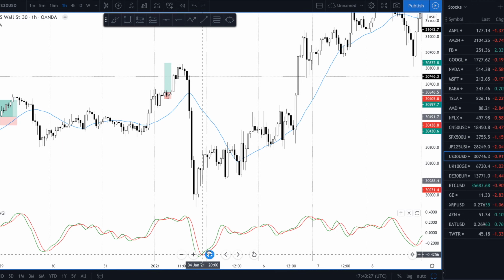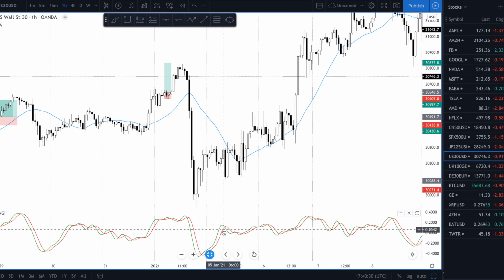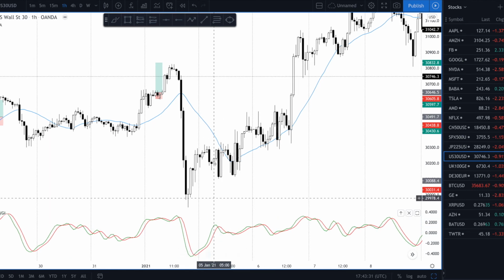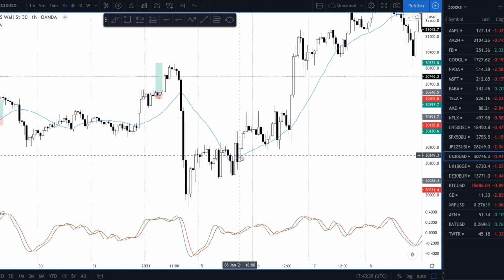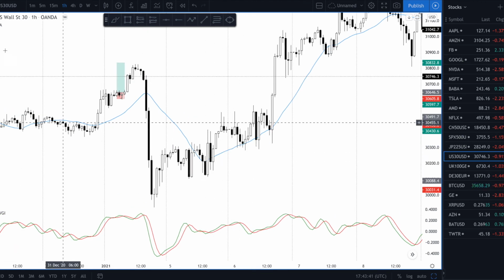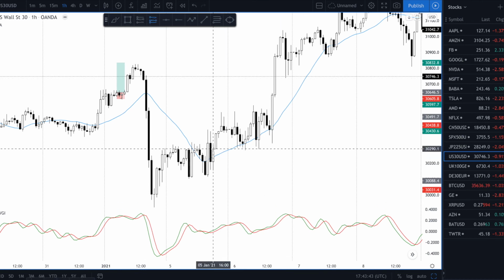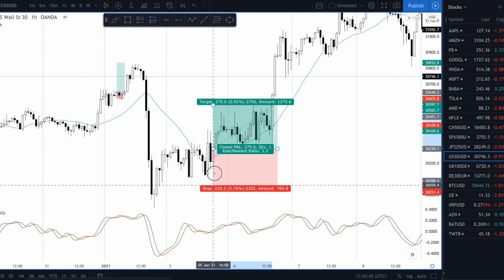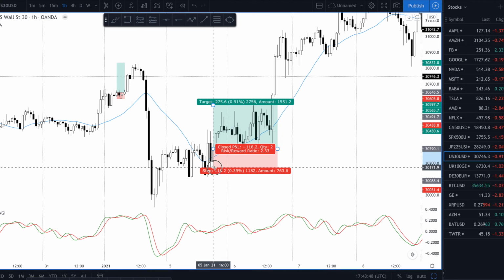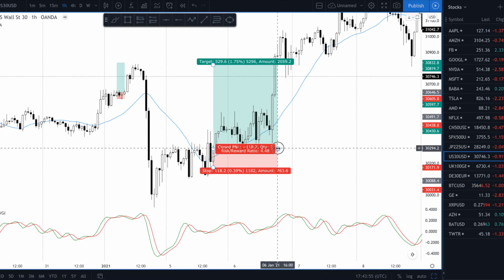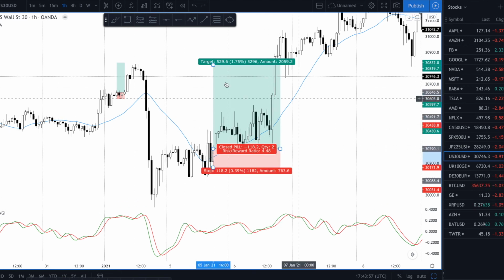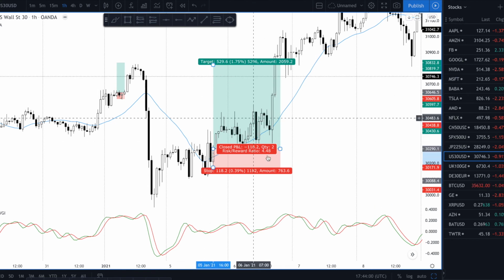Because Relative Vigor Index is telling us to go in. Here you have a big candle. Also you have a big candle here, so we don't go. But this candle here, you can accept to go, because look, it's much smaller than these ones. And also it's good that you go long here. Why? Because we actually have a level here, so we can target the level. And let's say you really go for this level and you make 4.5% roughly,